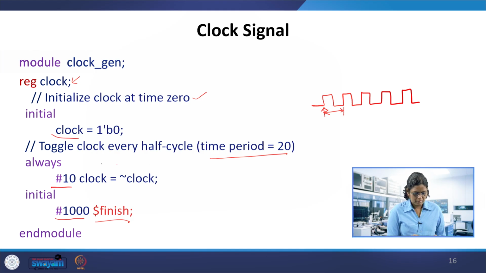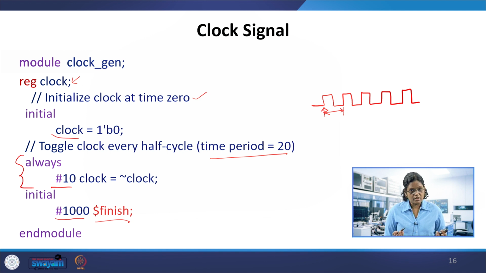So these are the key statements used for generating the signal, because we will be using it in sequential circuits. Sequential circuits need a clock. So when we design sequential circuits, the clock needs to be generated. That is usually generated in the test bench and given to the Verilog module.